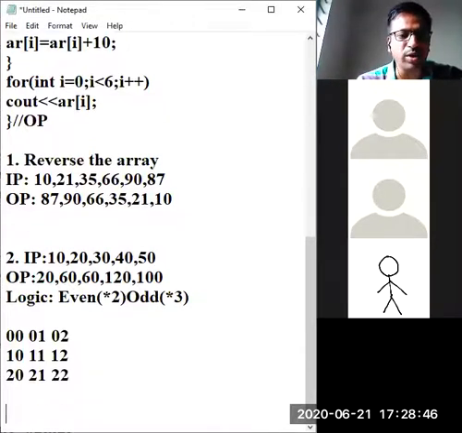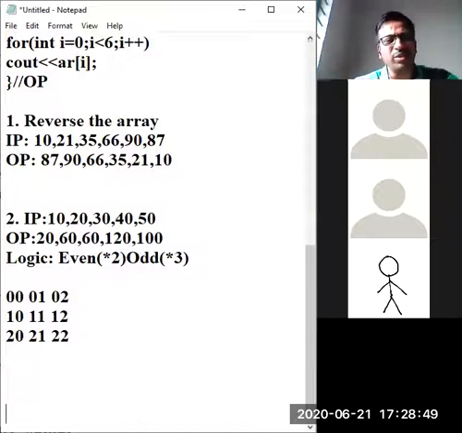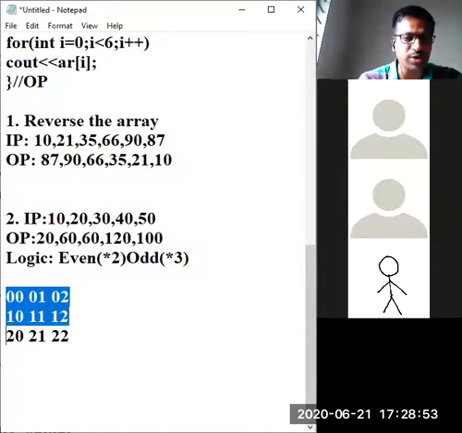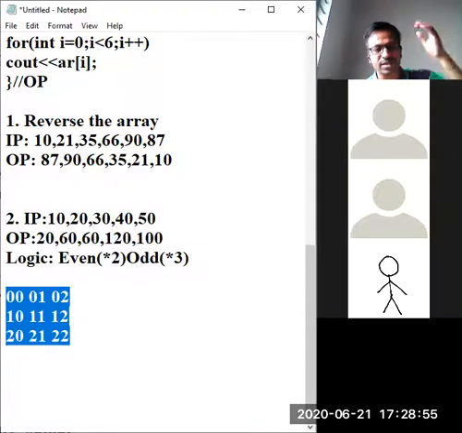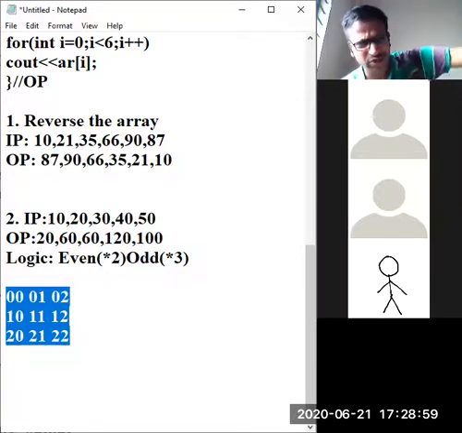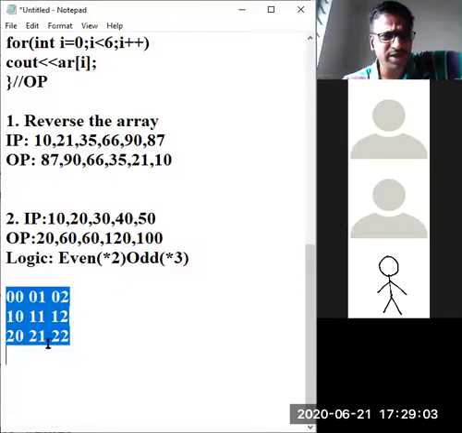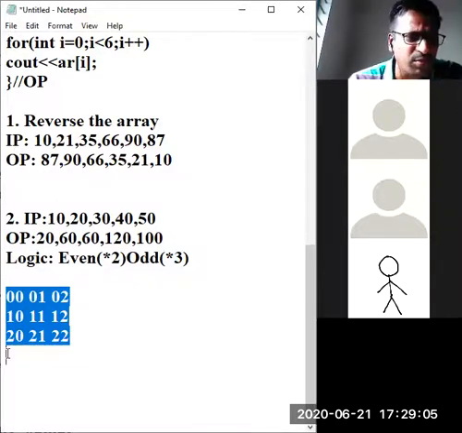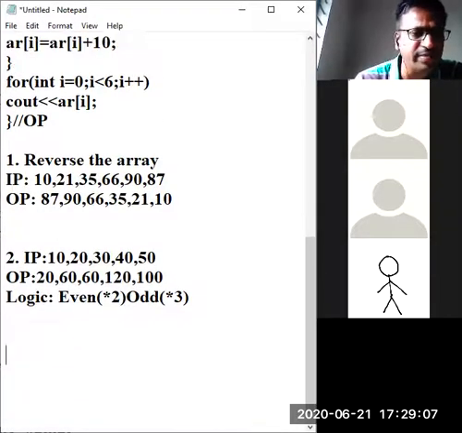Everybody knows this technique. You have matrices in your 12th standard, and you are all well versed with this logic: 0 by 0 positioning of elements. I don't want to go into that theory again and again.